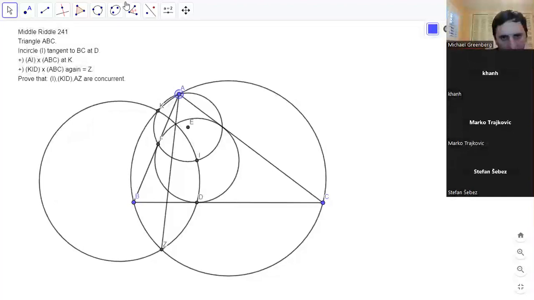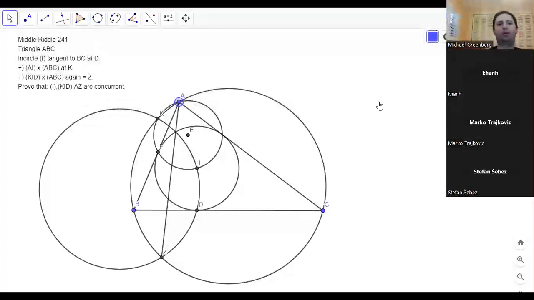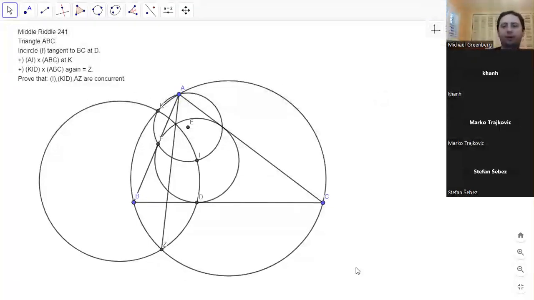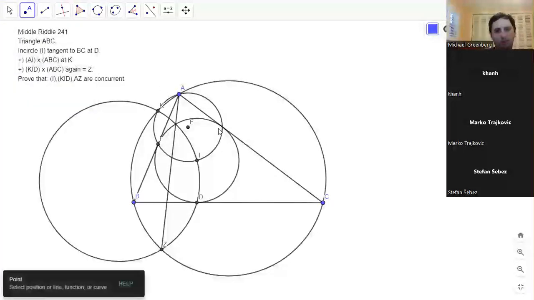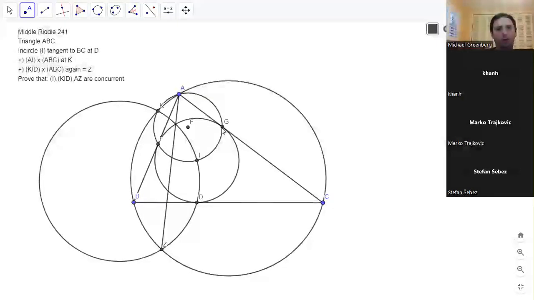And so Stefan, is this just an inversion about the incircle or something like that? I think we don't need to invert even. Just use configuration facts. So look at circles KID,